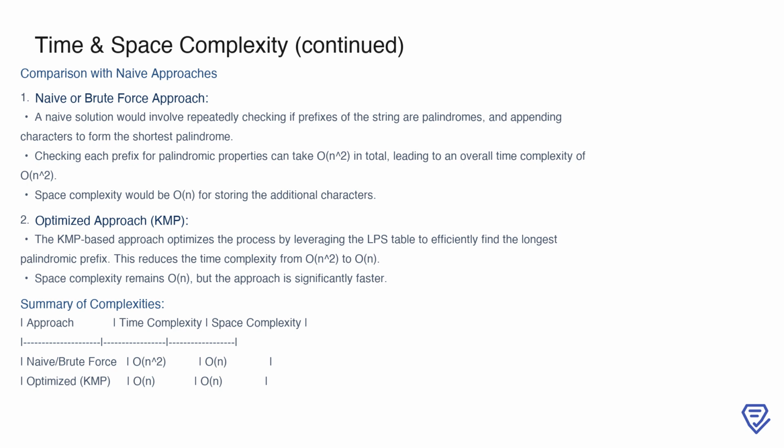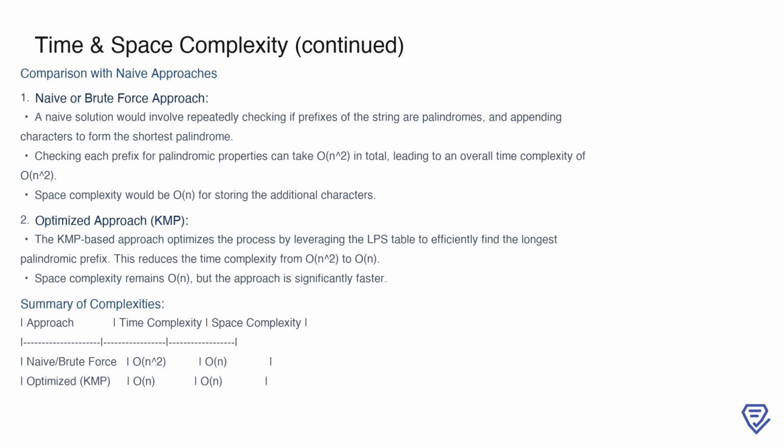In contrast, the optimized solution using the KMP algorithm reduces the time complexity to O(n) by efficiently finding the longest palindromic prefix through the LPS table, while maintaining the space complexity at O(n). This makes the KMP-based approach significantly faster without increasing space requirements. To summarize, the optimized approach achieves linear time complexity while matching the space efficiency of the naive method, making it